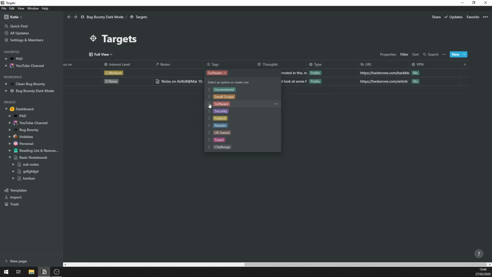So I might say, you know what, I'm dealing with government. Actually, the most common bug is information disclosure, so I'm going to look for that one. There's other stuff in there like whether or not it's UK based. So for me, I might want to go and hack something in the UK because I know that the people